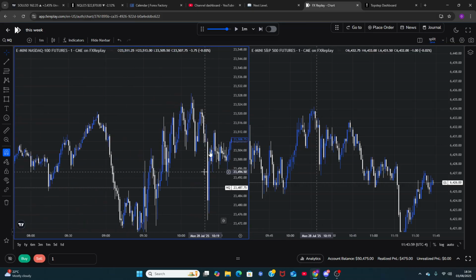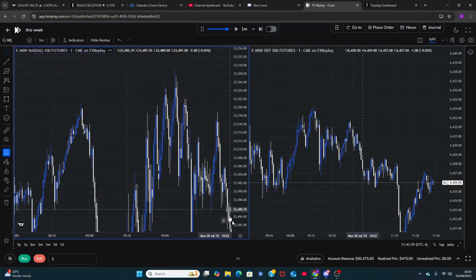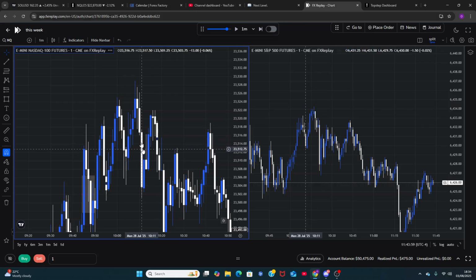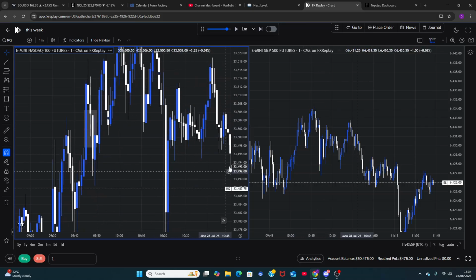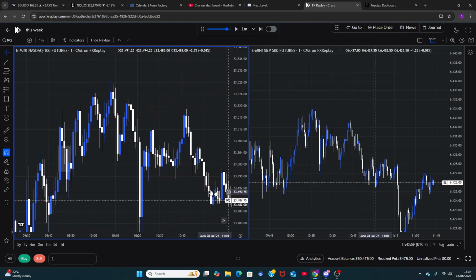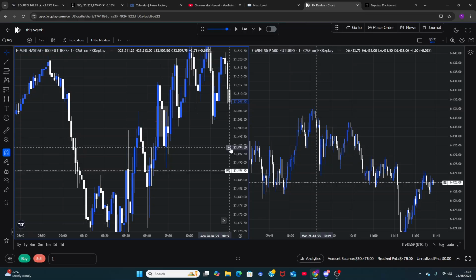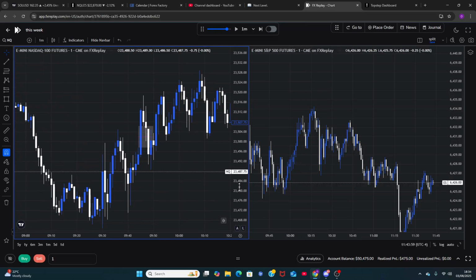The draw on liquidity was up there, price will go there. Now the draw on liquidity is done. The next draw on liquidity is clearly down here, and price still stopped everyone out of those buys if they pattern traded the disrespect. They all get stopped out. You need to have context with it. You can't just enter random CVIs and Bissies expecting it to work because it got disrespected. No. Inverse fair value gaps don't even work most of the time. They work like half the time at most.